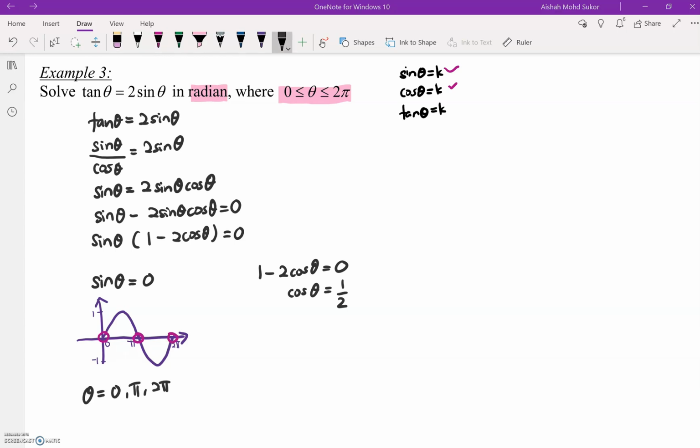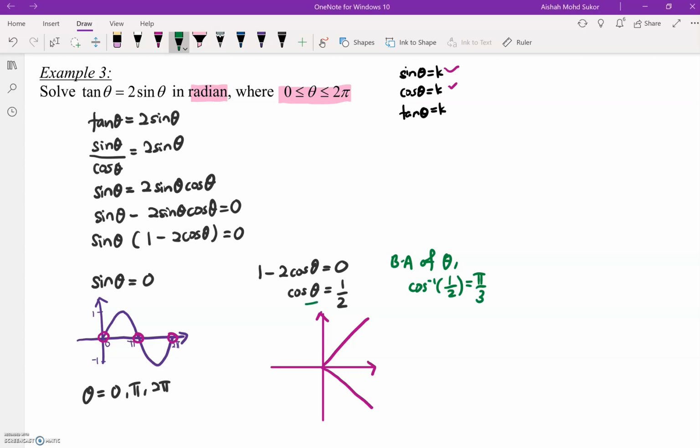To solve for cos theta is equals to 1/2, we can apply the steps that we have learned before. So cos positive is in the first and fourth quadrants. So the basic angle of theta is equal to pi/3. Make sure your calculator is in radian. Our angle is from 0 to 2 pi. So theta is equals to, this is our first angle, pi/3. And our second angle is 2 pi minus pi/3. So theta is equals to pi/3 and 5 pi/3. So therefore theta is equals to